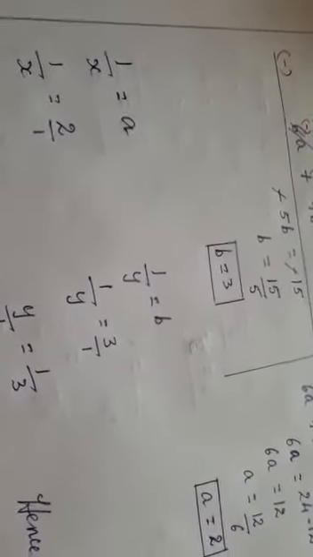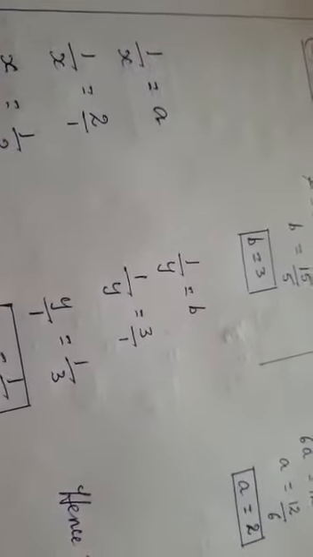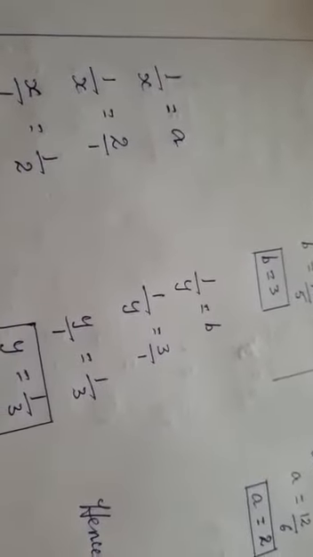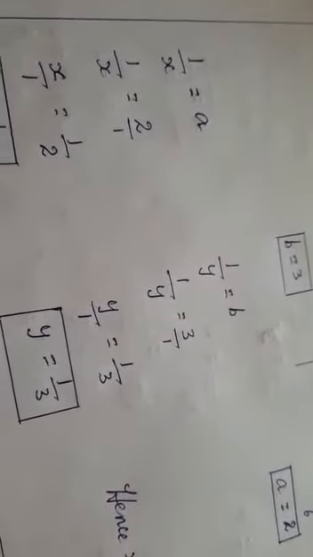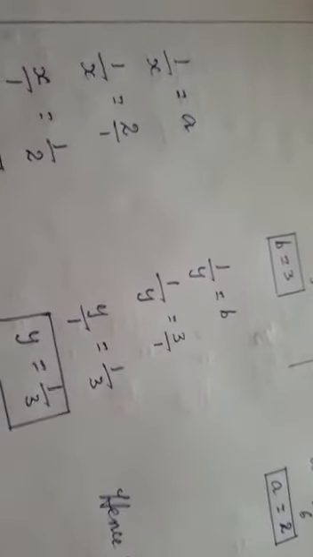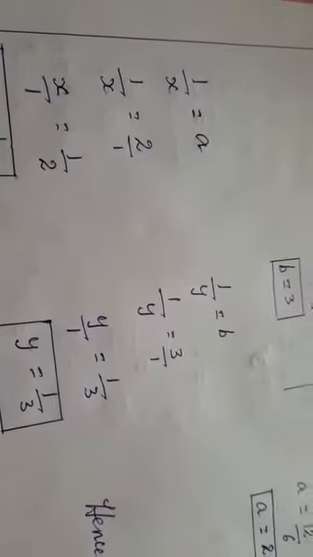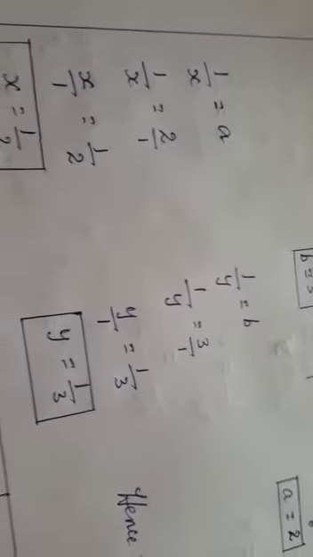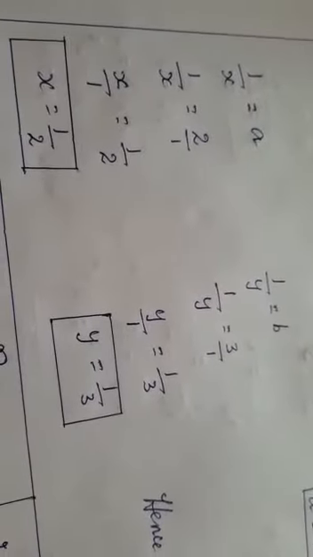Now we have assumed 1 by x is equal to a. So 1 by x is equal to a value is 2. So 2 means it is 2 by 1. So now 1 by x is equal to 2 by 1. We want the value of x. Now take the reciprocal of that. So when I take reciprocal, we should take the reciprocal on both the sides. So 1 by x becomes x by 1 and 2 by 1 becomes 1 by 2. So x is equal to 1 by 2 is the answer.